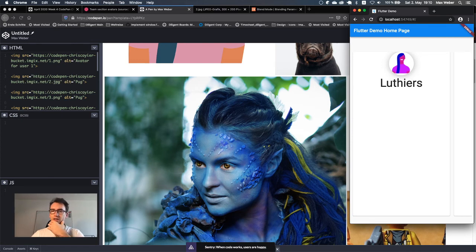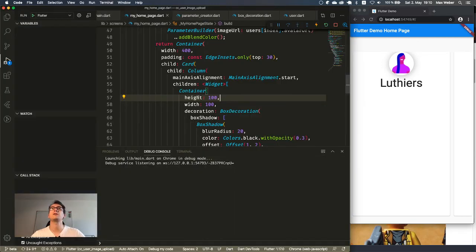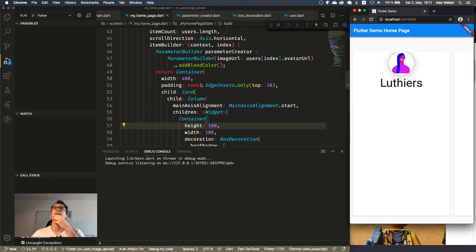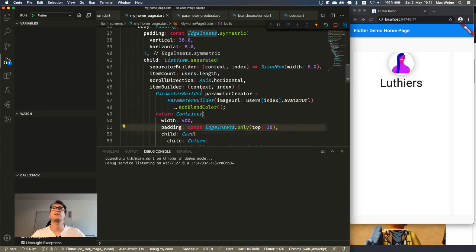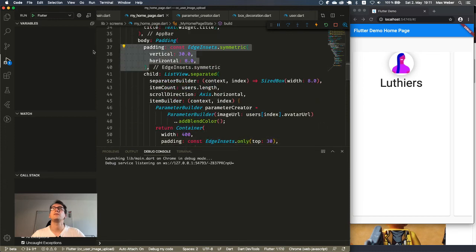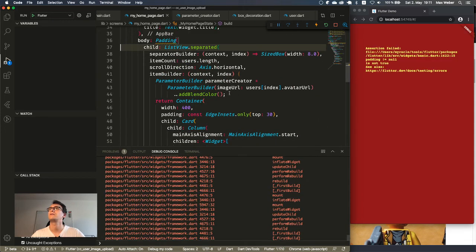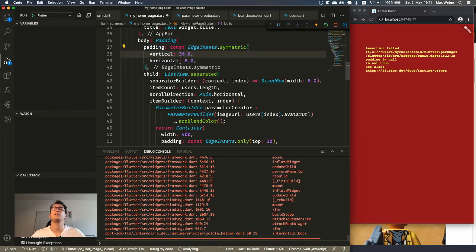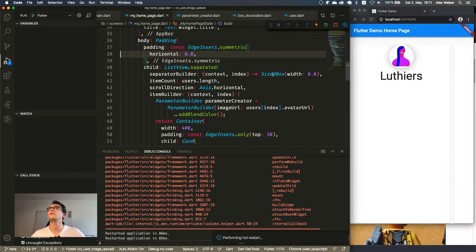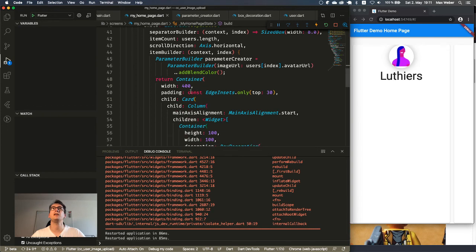So now we have that. Now back to our code. How can we increase that? I don't like that padding on top. That is not a good thing. I think it comes from here, right? Oops. It's padding, of course, I need that. We don't need the vertical part, but now we have this problem here.